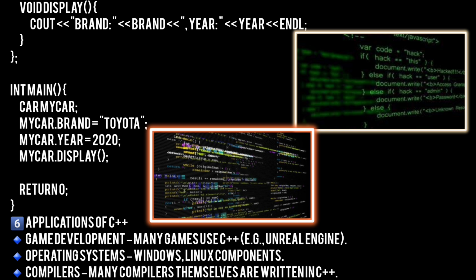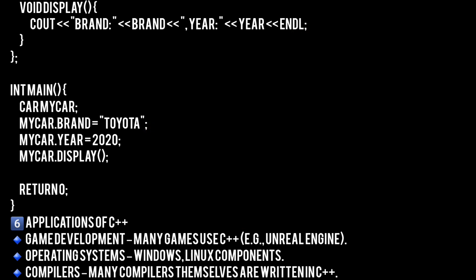Year Buendel. int main() { Car myCar; myCar.brand = "Toyota"; myCar.year = 2020; myCar.display(); return 0; }